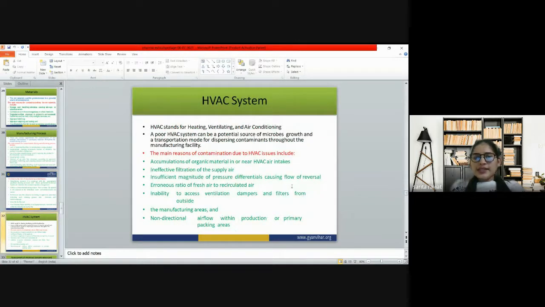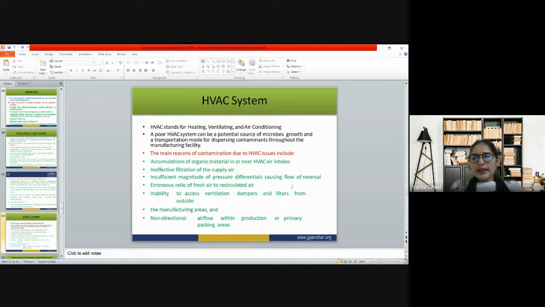Then HVAC system. HVAC stands for heating, ventilating and air conditioning. A poor HVAC system can be a potential source of microbial growth and a transportation mode for dispersing contaminants throughout the manufacturing facility. The main reasons for contamination due to HVAC issues include accumulation of organic material in or near the HVAC air intake,